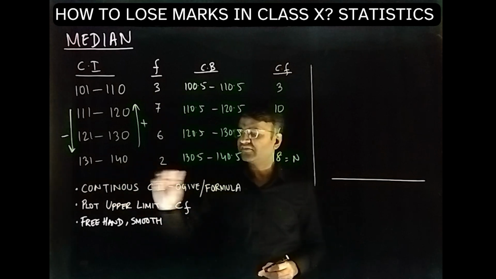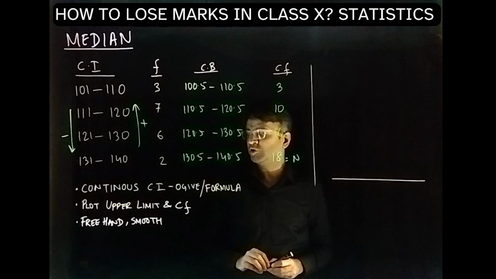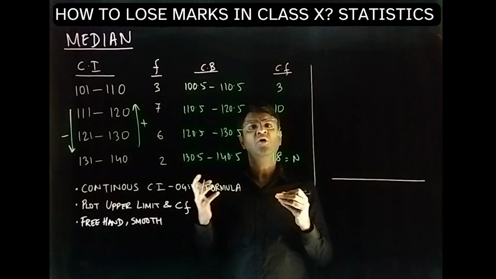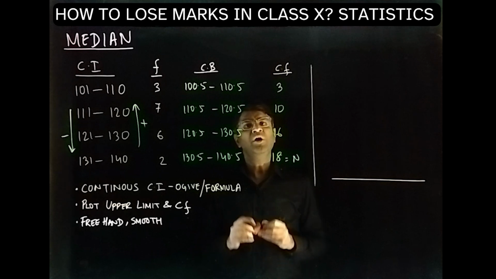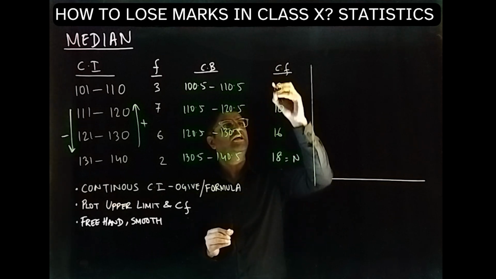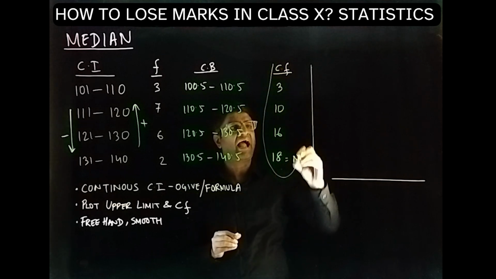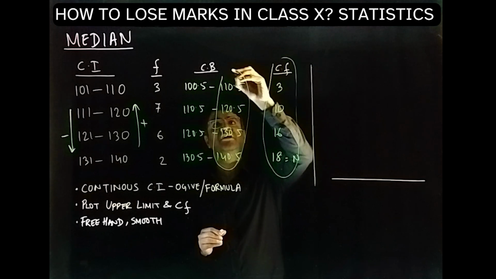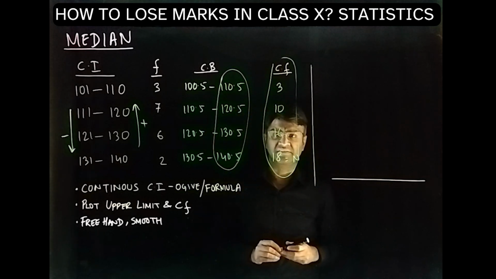Now that the class interval has been converted into a continuous one and we also have cumulative frequency, the question is what to plot. You will always be plotting the cumulative frequency and the upper limit of the converted class,